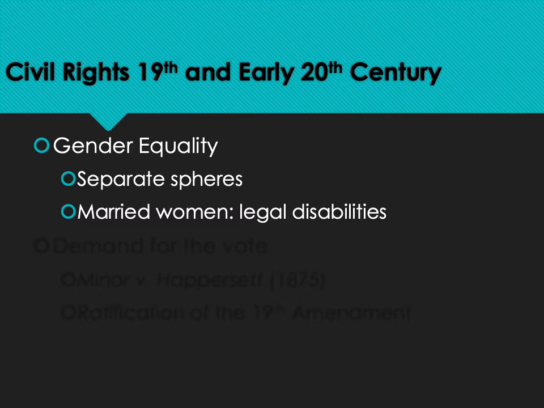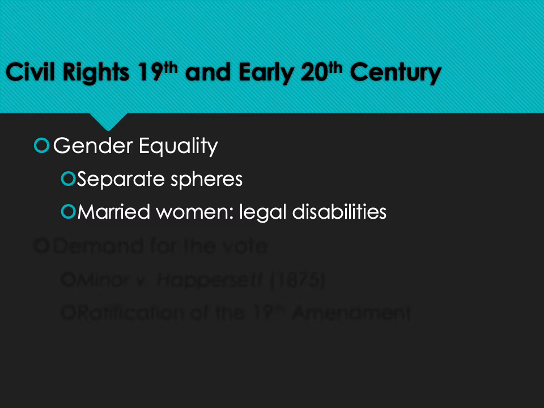So women couldn't own property, married women couldn't own property. If they did work, they would have to give their paycheck to their husband. And if they did have a divorce, the children's custody went to men under this sort of separate spheres understanding. This was challenged in the late 19th century and the early 20th century. It was challenged quite early on in 1848.